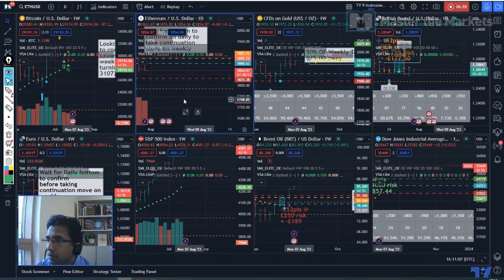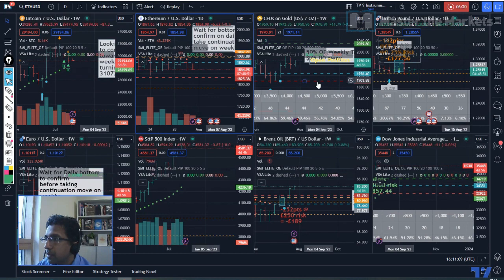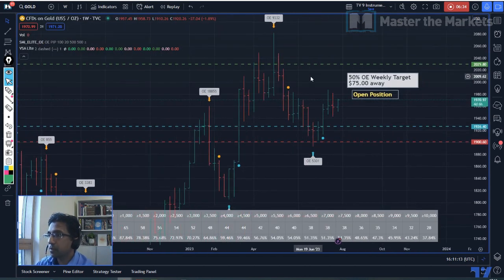So I'm not getting any positions on Ethereum as well. Going to gold. At the moment, on gold, we have a really great position here. Open position, what we have. We entered it at 1926.40, having a target at